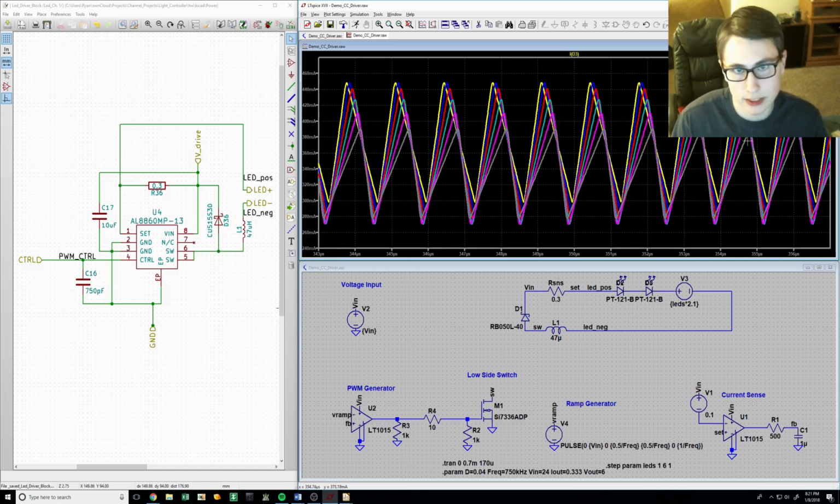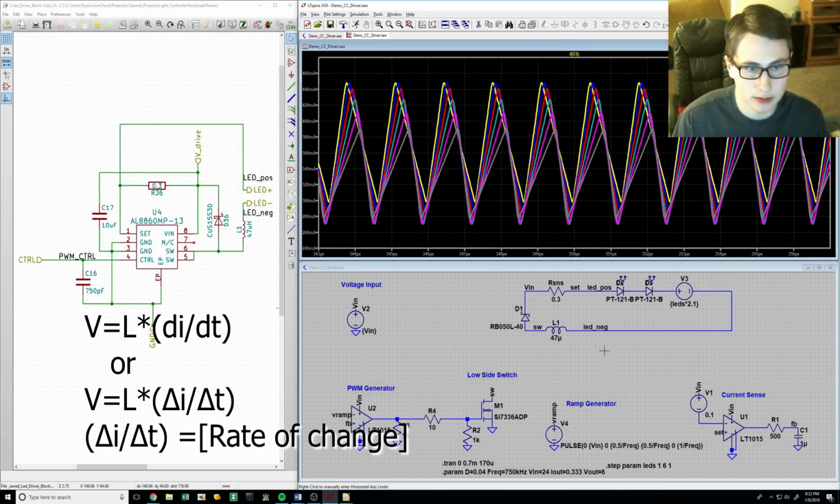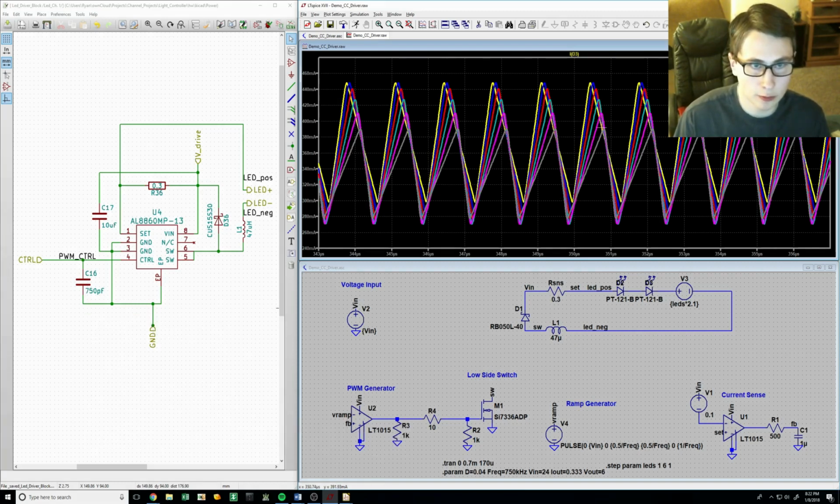The reason why the shape of this waveform is a little different is because the more LEDs that we have in the load, the more slowly that current will build in this inductor. You can see that as more LEDs are added, the slope is decreased. That's because of the fundamental equation of an inductor. However, it's important to note that the difference between the steady state current values is actually quite small, considering that we're varying the output power by a factor of